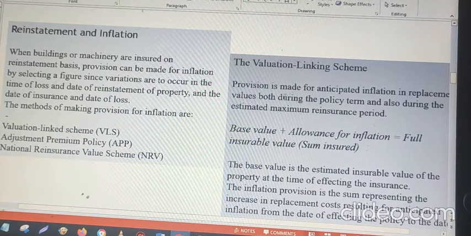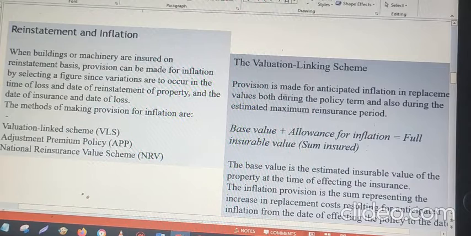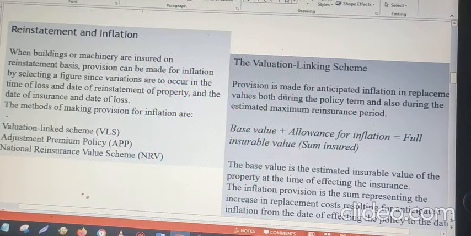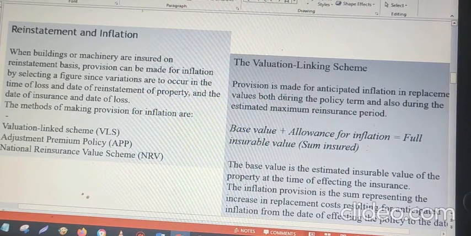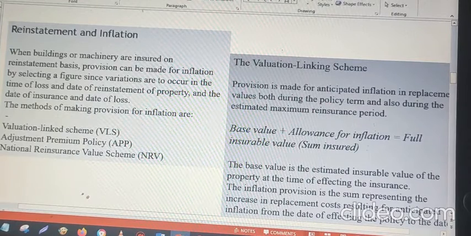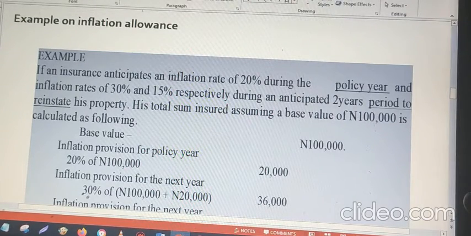The sum insured, although shown as a single figure, consists of the base value and allowance for inflation. Base value plus allowance for inflation is equal to full insurable value. The base value is the estimated insurable value of the property at the time of effecting the insurance. The inflation provision is the sum representing the increase in replacement costs resulting from anticipated inflation from the date of effecting the policy to the date of settlement. It is also a figure representing compounded effects of inflation anticipated during the insurance period up to the time of